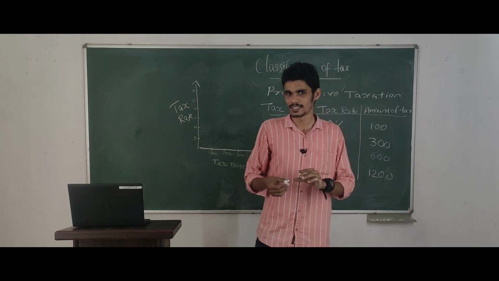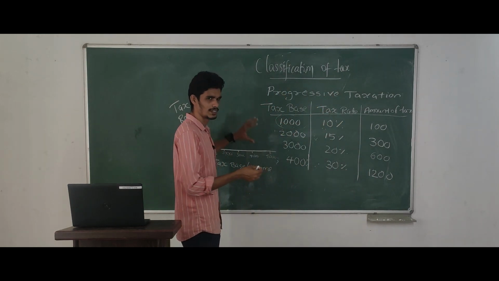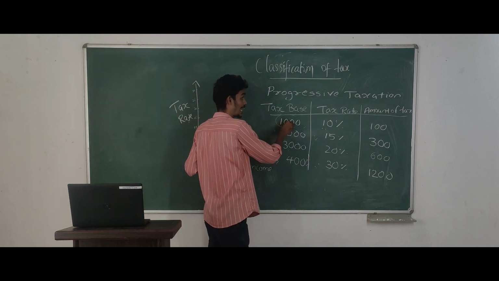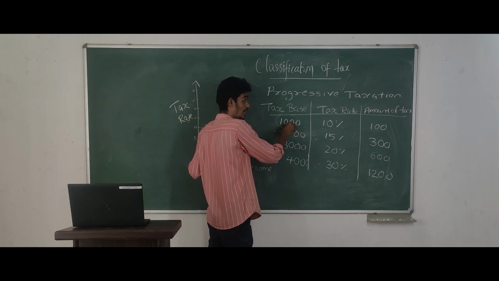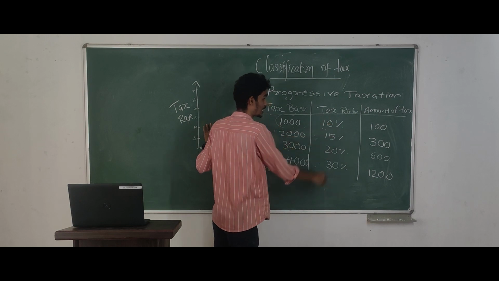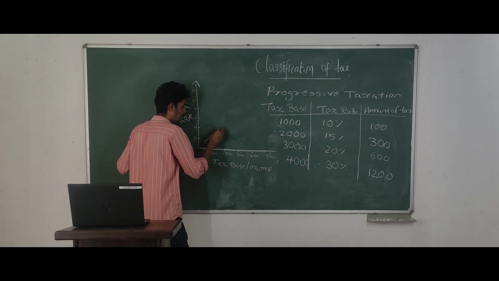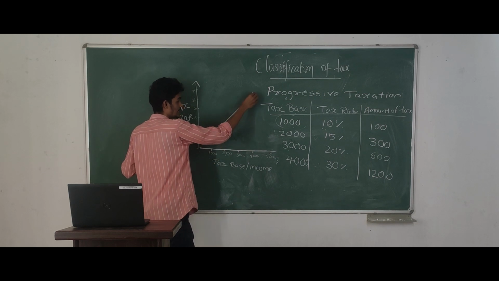In the case of progressive taxation, there is some positive relationship between income and tax rate. First case, the tax base or income is 1000. In that case, the tax rate is 10. Here, the graph of progressive taxation is like